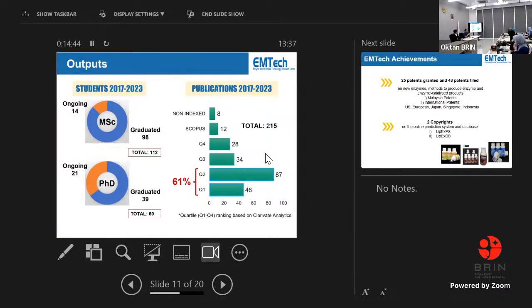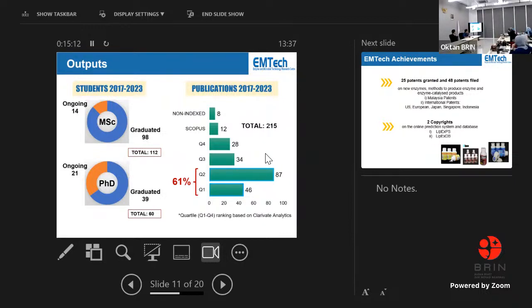In doing research, of course, being academics in universities, publication is very important. So our students have been very, alhamdulillah, very productive. We have been able to get our work published in Quartile 1 and Quartile 2 publications, and this rank is based on Clarivate Analytics, Web of Science. Probably you have heard of it before. I think you are using the same database, I presume.